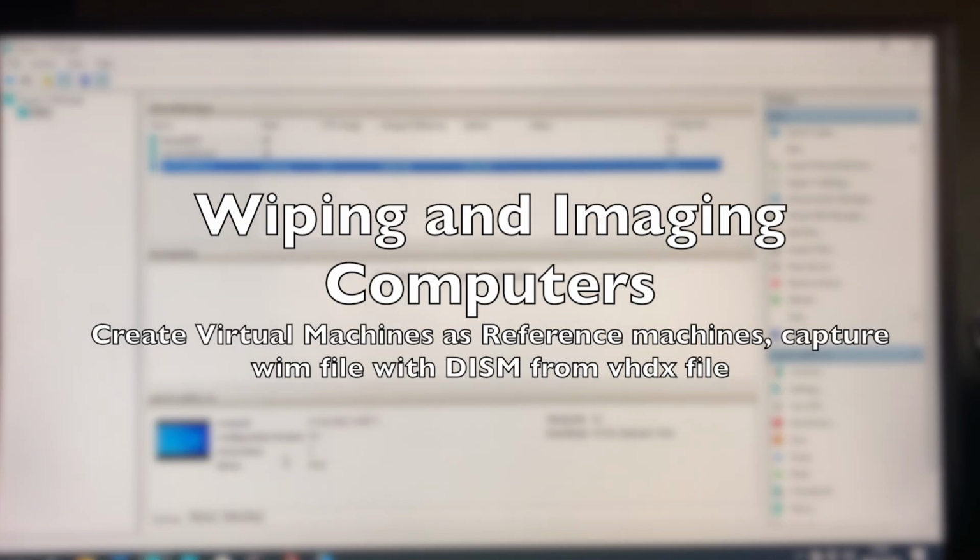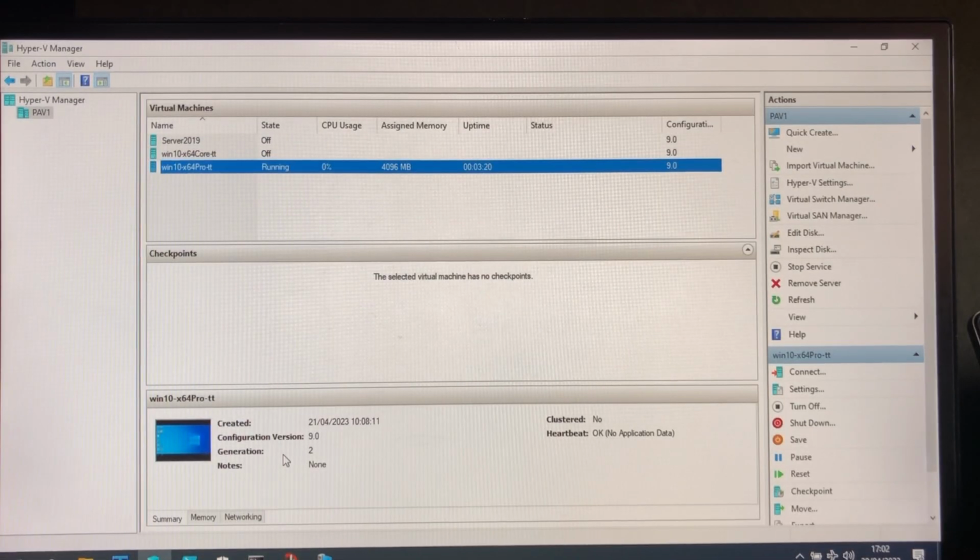So last time I showed you how to boot a Hyper-V virtual machine into PXE so that you could install, just like you would on a physical machine, your latest and greatest reference image, your golden image. Of course, there's a number of ways you could do that, but if you've got a lot of time invested in your golden images, it's worth doing it that way rather than building it from scratch again. So I've done it, and here's the